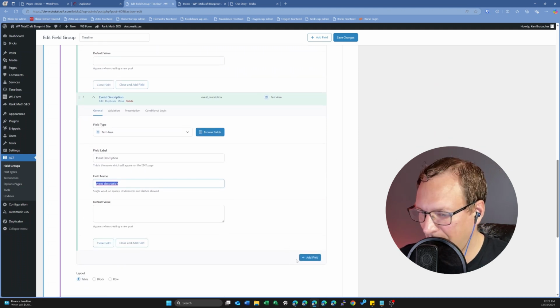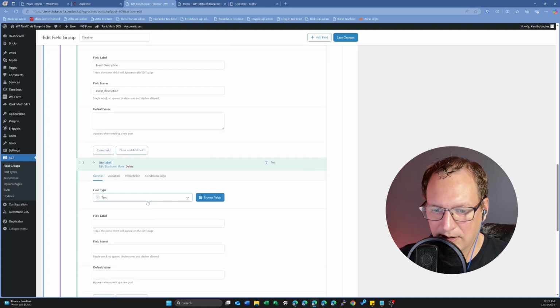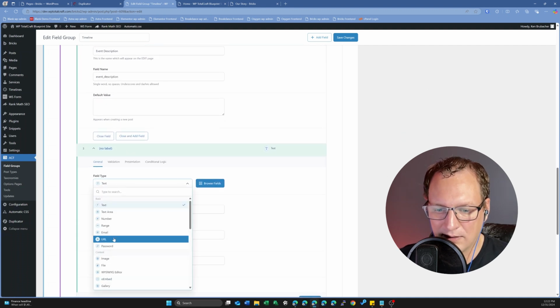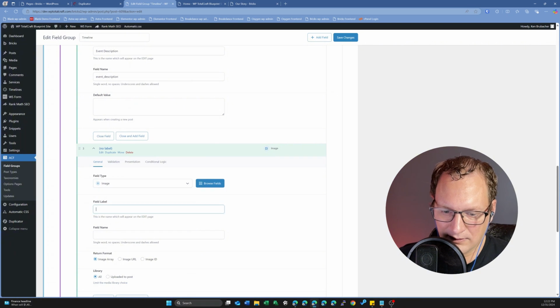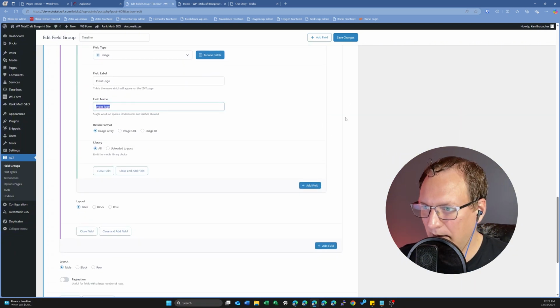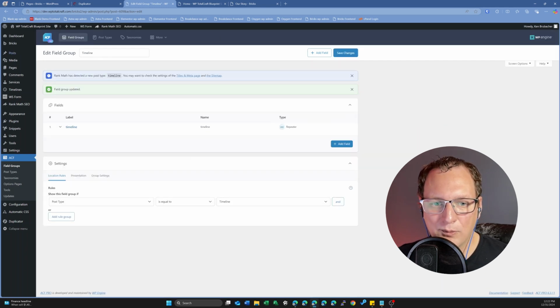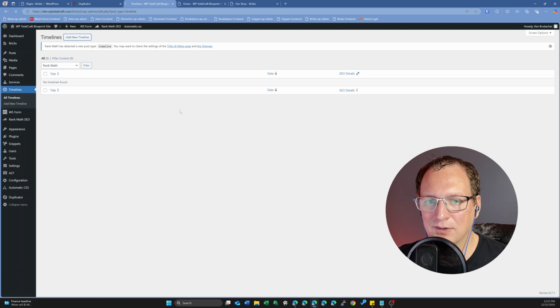And we'll add another one. It's going to be an image field, and it will be event logo. Now we will save this. When we go to timelines, as we did previously, we attached this field group to the timeline post type. And now when I go add new timeline,